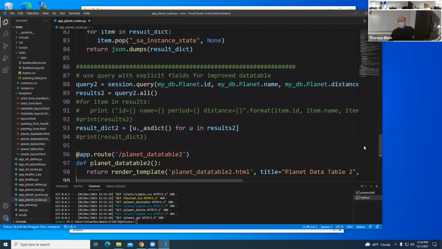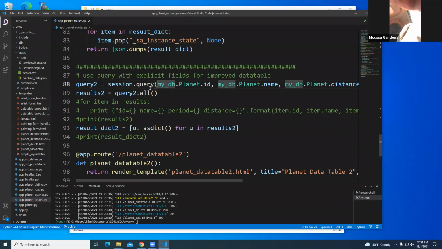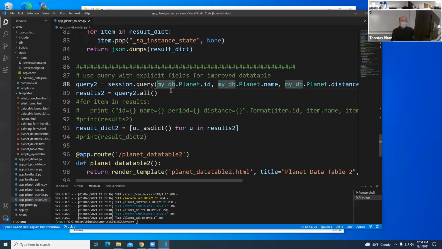One of the last times, I showed a query where we're explicitly naming the fields we want. That's part of this new data table. Rather than effectively doing a select star and grabbing everything, and then having to worry about things I don't want, I explicitly grab what I want.